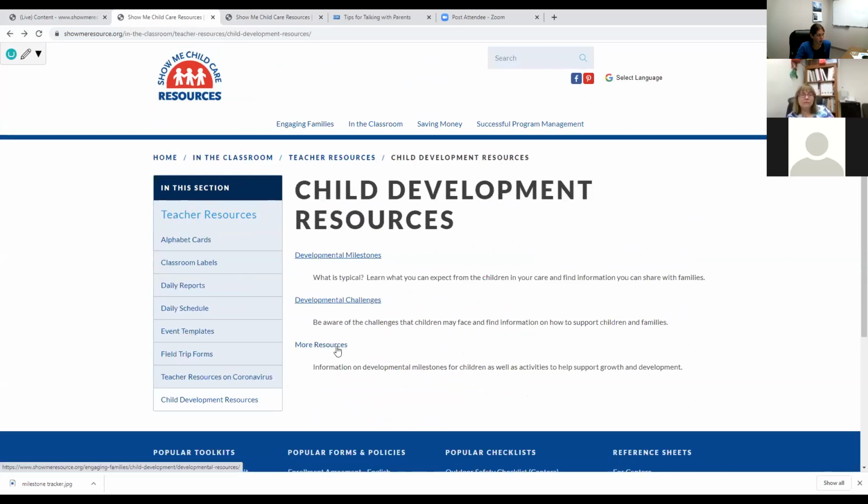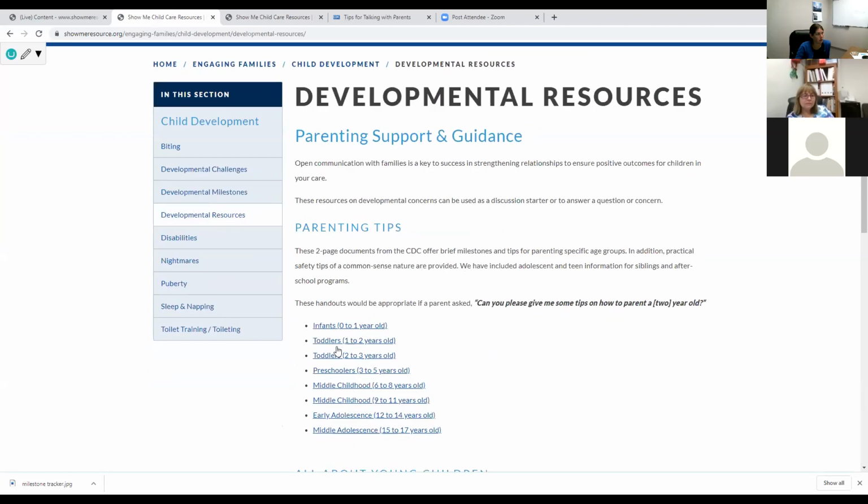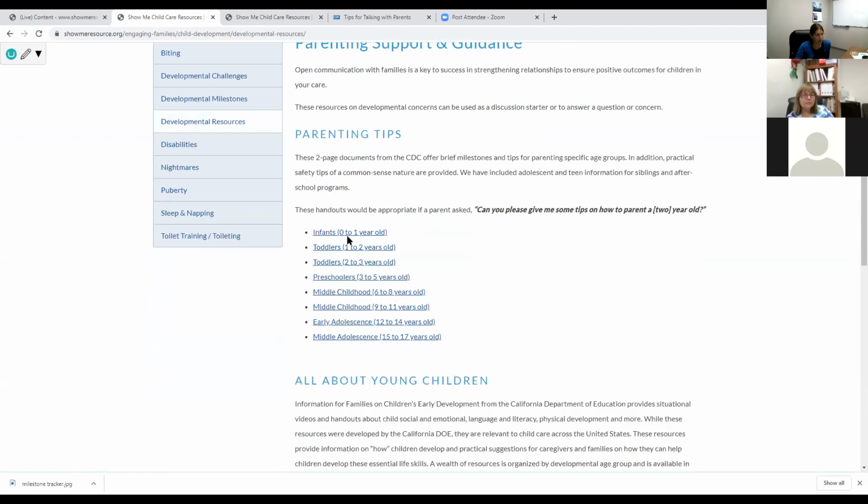And then back here in the Teacher Resources section, there are more resources available. This goes through the age range of things that you can give to parents or utilize in your classroom for activities that you can do with the children in your care. So what infants should be doing, where they're at as far as their developmental timeline and how you can support them. So if you're working on tummy time and sitting up, strengthening those back muscles, working on their vision and tracking,